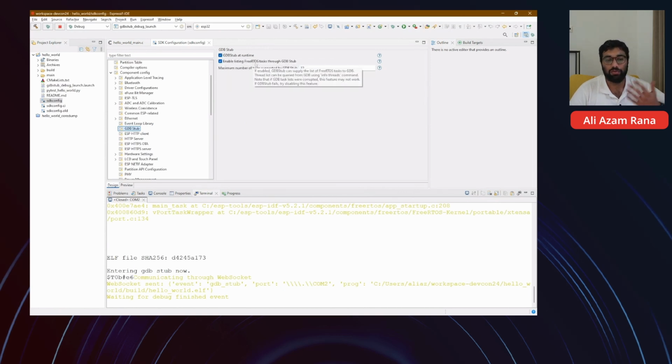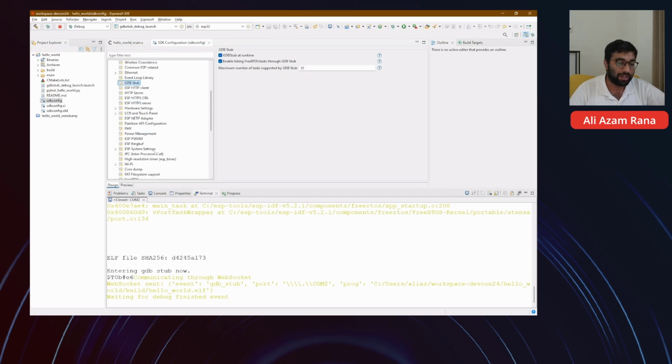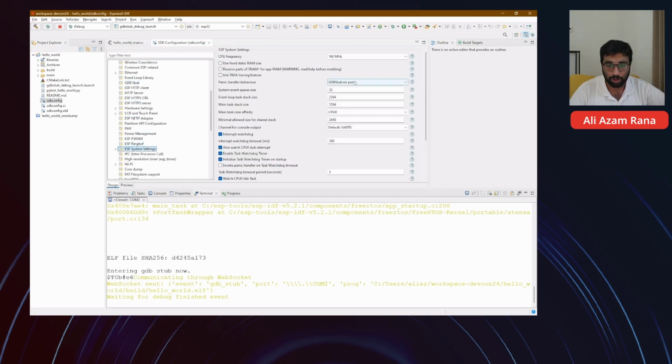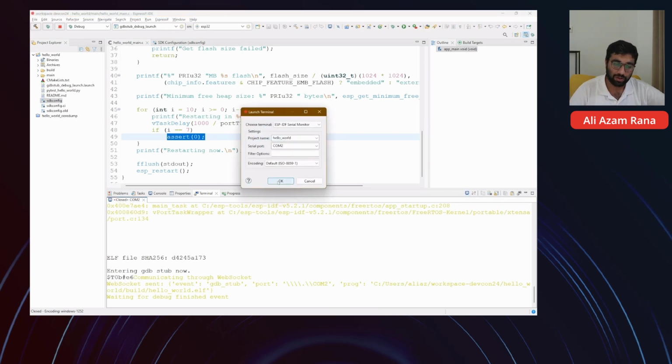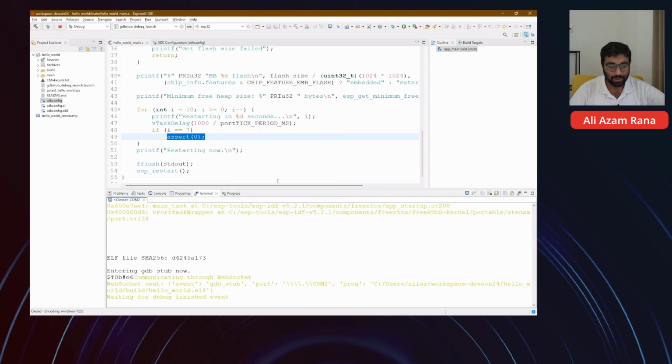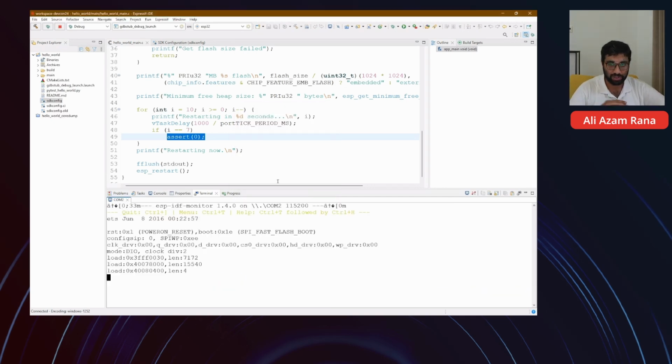And if you want FreeRTOS tasks to be listed through GDB stub, to properly show in the stack trace and the threads, make sure to check this as well. And verify that it enables this option as well, GDB stub on panic in ESP system settings. Once that is done, my project is flashed on the device. What I will simply do is connect the serial monitor to the running device, and you will see how